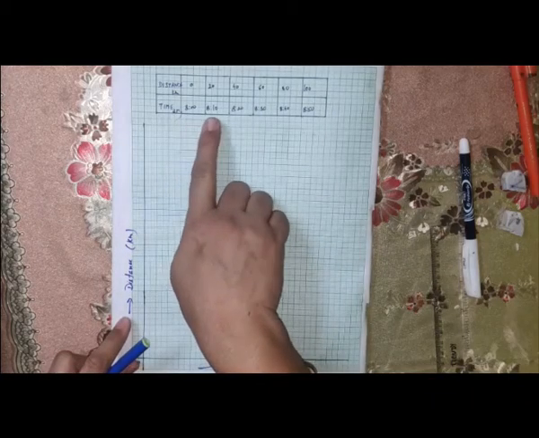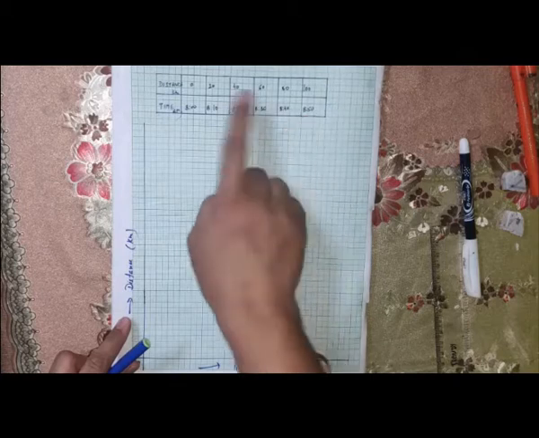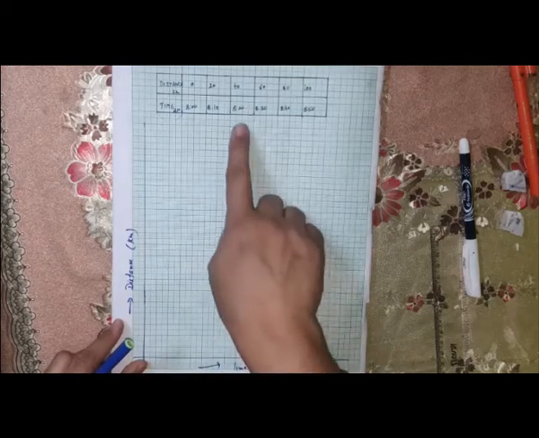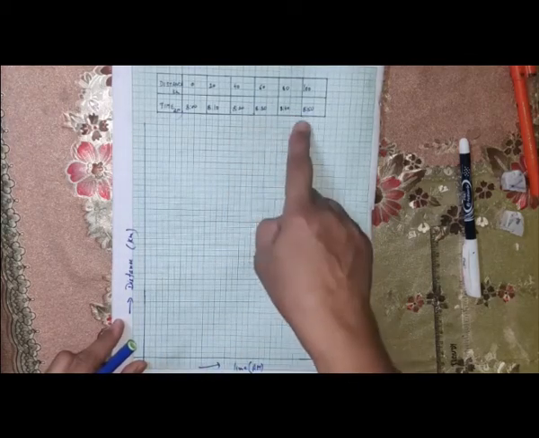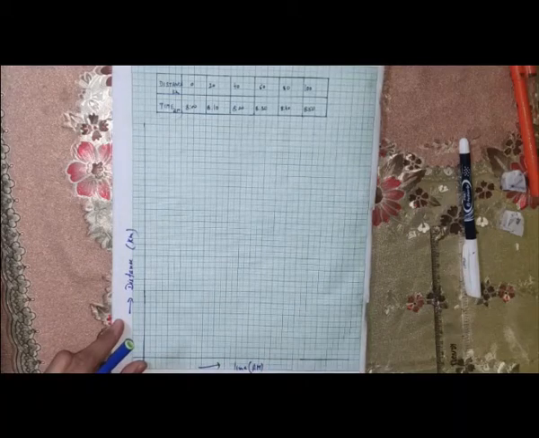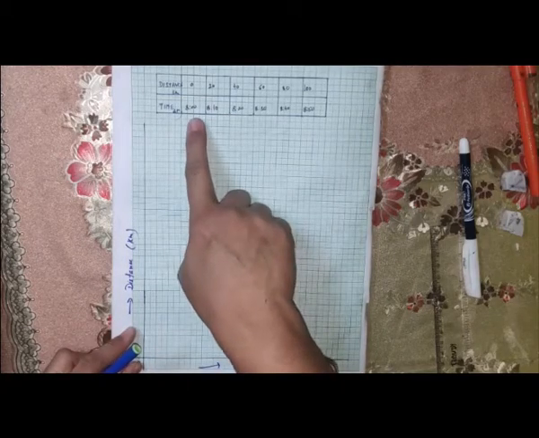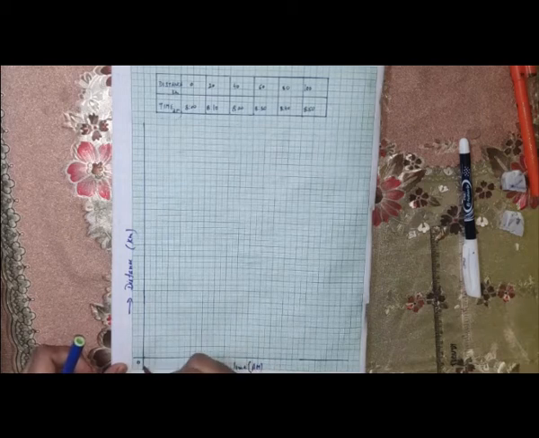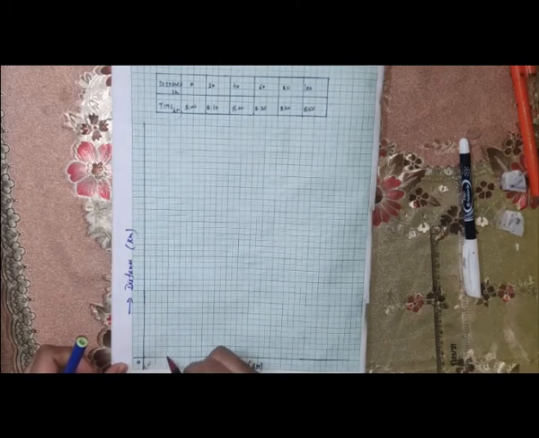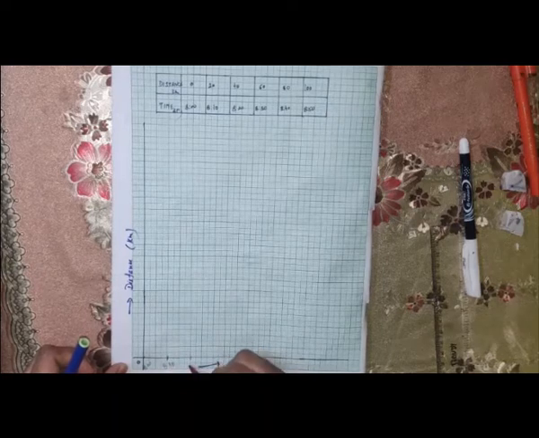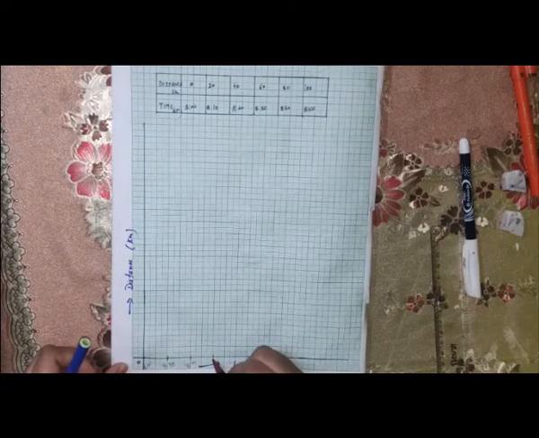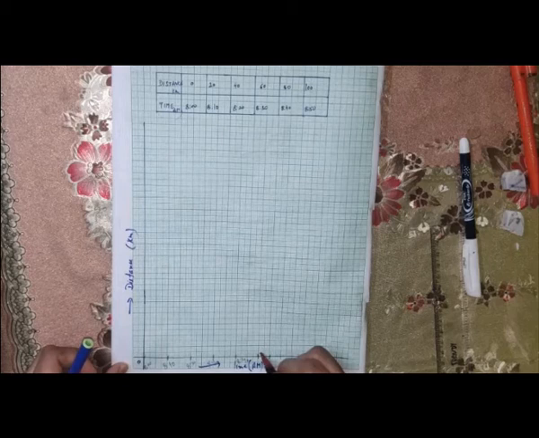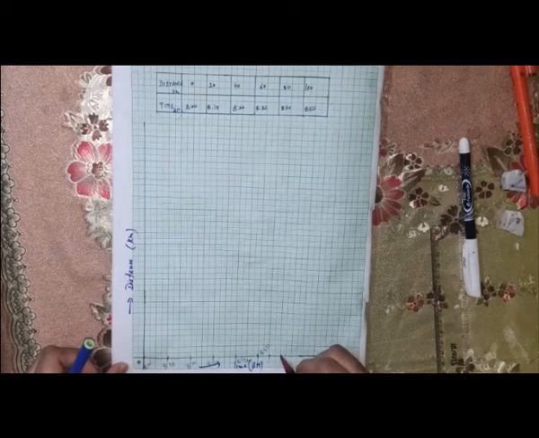Now, as you can see, I need 5 observations: 1, 2, 3, 4, 5. They all are at equal intervals. So, I can take 5 into 2, 5 into 3, or 5 into 4 blocks, and I should have those many blocks available there. If I assign 2 blocks between each observation, I can say this is 8, 8:10, 8:20, 8:30, 8:40, 50, and this is 9 o'clock.